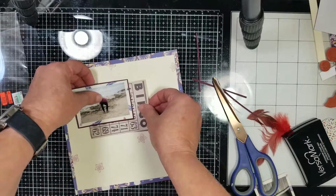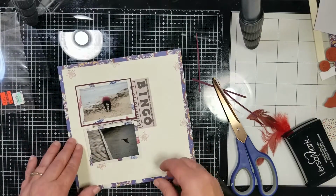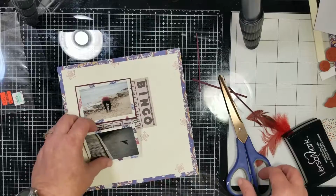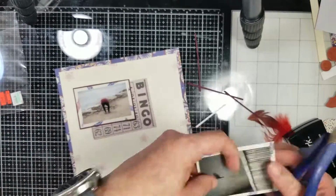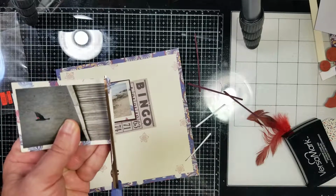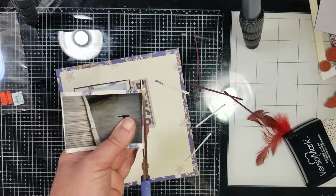I knew I wanted to use that bingo card as my title just because it's kind of cheeky and funny, and it's exactly the kind of thing that Dean would be thinking when taking a photograph of my butt. I just need to play around with the arrangement to decide where I want everything. Of course, the double matted photo going under the other